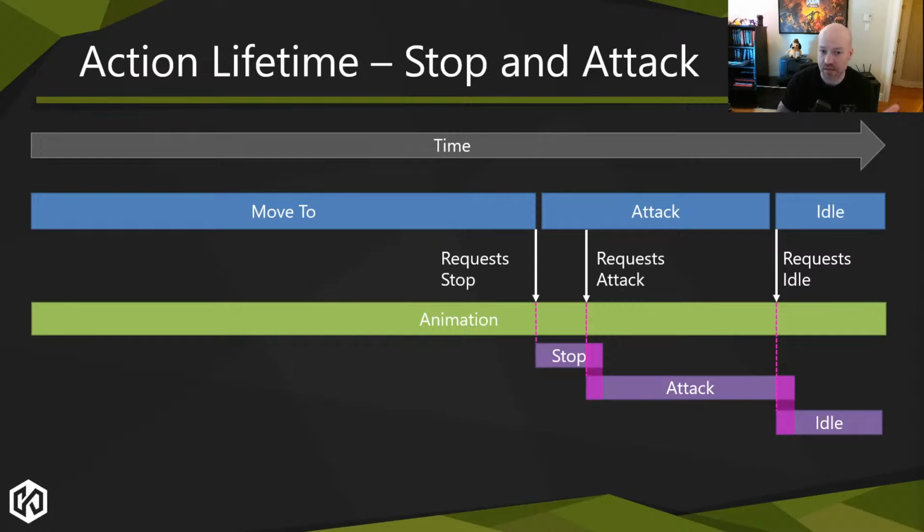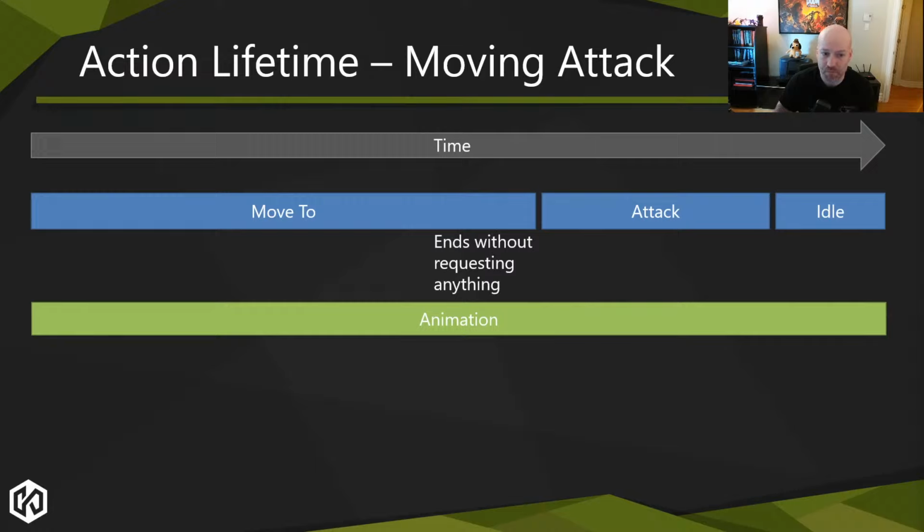The other thing is that if you remember, each action will set its parameter state at the start. When we're moving, sometimes we want to end without stopping. So we're basically running to a point. When we started this move to, we said, hey, you don't end in a stop. Once you get to the end of the path, you just end. But you don't change any animation state, you don't change any parameters, nothing. Whatever your final heading and facing was, we're going to keep those values and the character is just going to keep running into infinity.